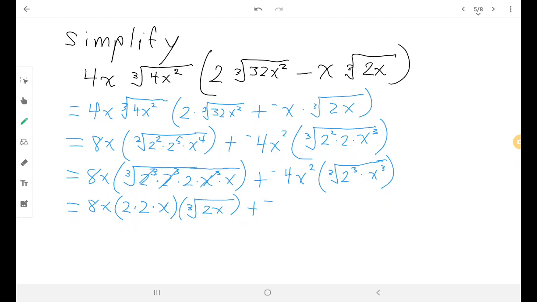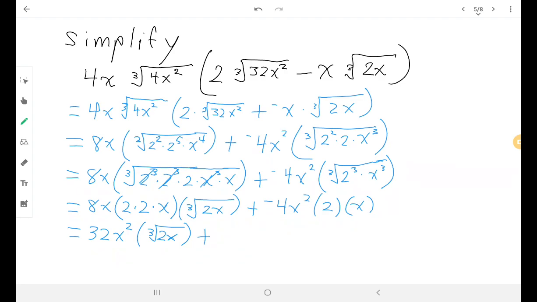Plus negative 4x squared times cube root of 2 cubed is 2, and cube root of x cubed is x, and I've got no cube root there at all. So that turned out real nice on that end. So now I've got to do 8 times 2 times 2, or 8 times 4 if you prefer, which is 32. And x times another x is x squared, times that cube root of 2x,